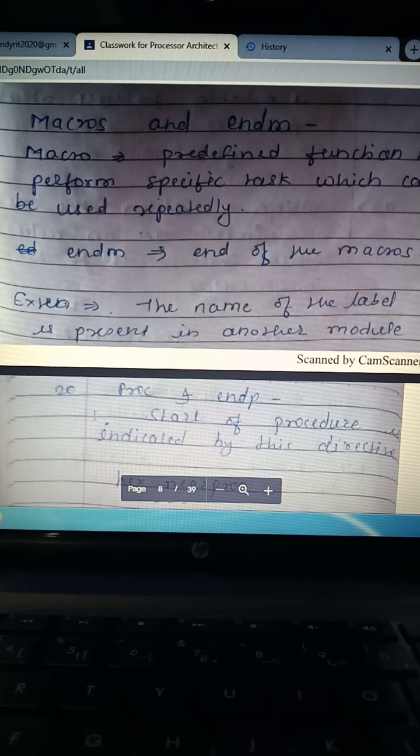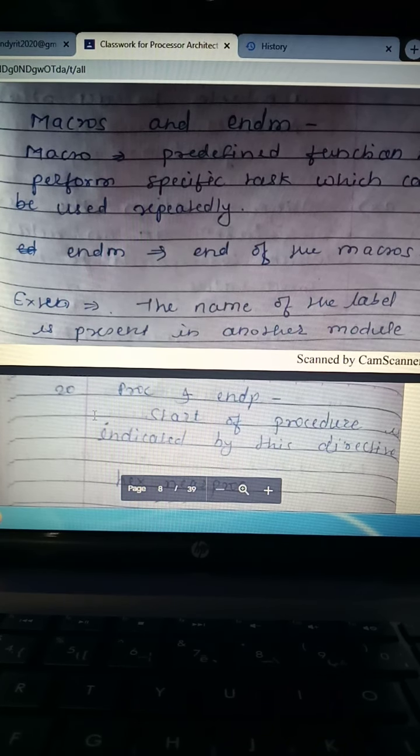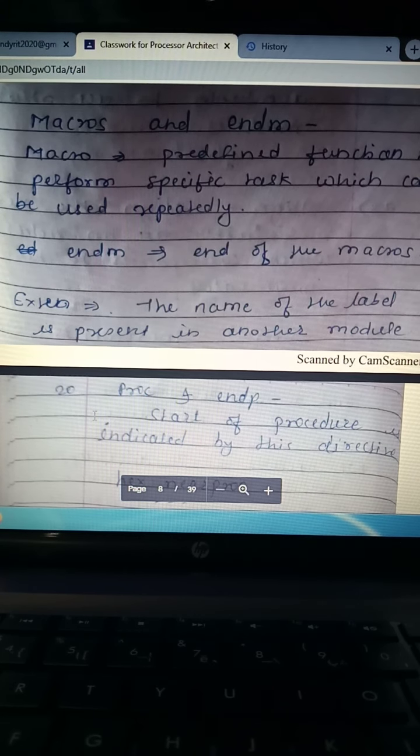Next important directives are MACRO and ENDM. A macro is actually a predefined function. It is used to perform specific tasks which can be used repeatedly.